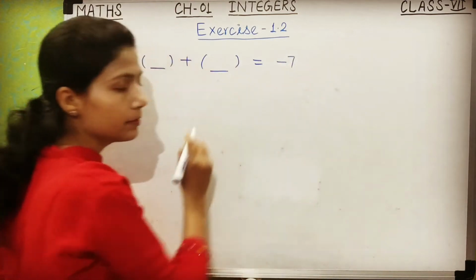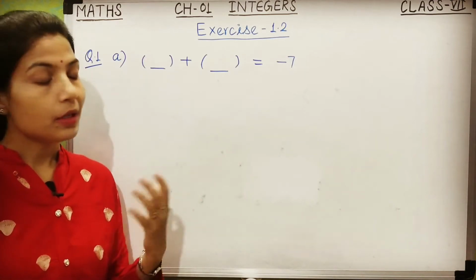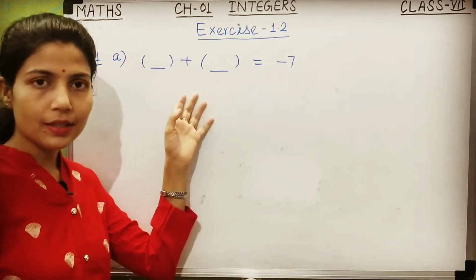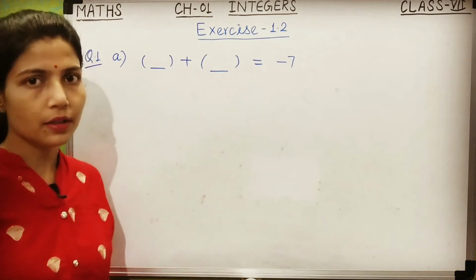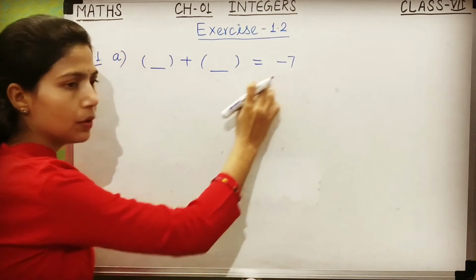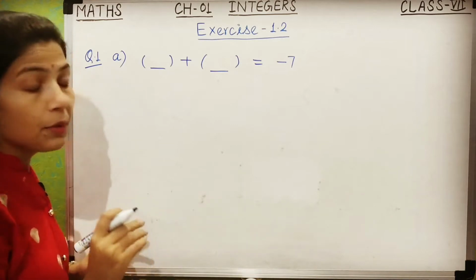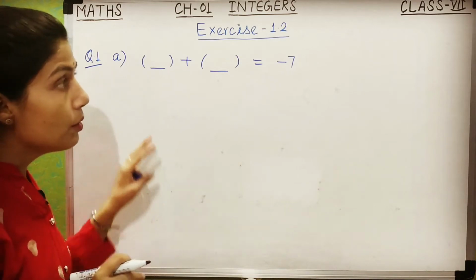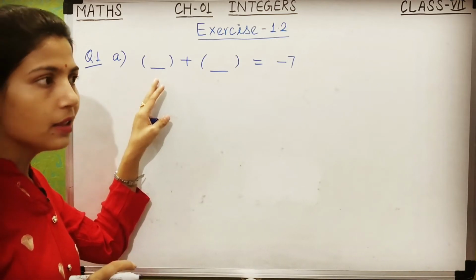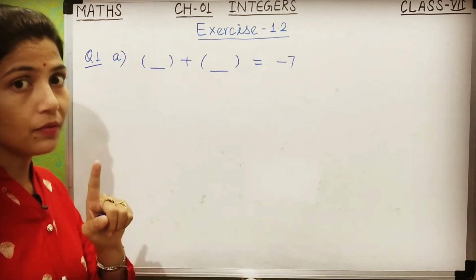Okay, and we know that the sum of these two integers is minus 7. Okay, now see, we will apply the rule here. We will recall the addition rule. According to the rule, it is very easy to find the integers whose sum and difference are given. So now see, here the integer is negative. So there can be many examples that will follow the second rule in which both integers are negative, and the third and fourth rule in which one integer is negative and one is positive.